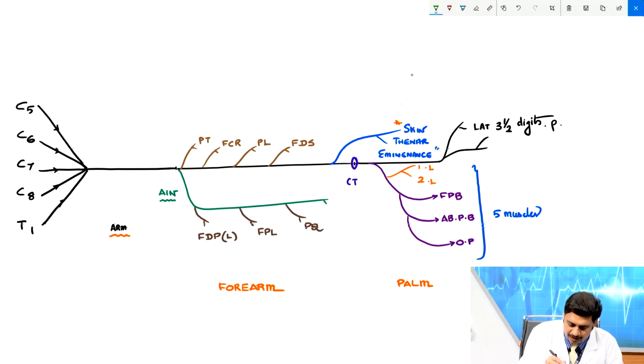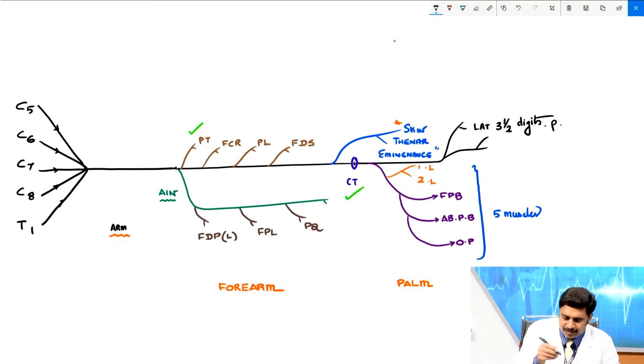When you look at the course, one is here, where it passes between the two heads of pronator teres, which can result in what is called pronator syndrome, the median nerve getting compressed by the pronator teres muscle. That is number 1. Number 2, I told you in the course, if you remember, it passes under the tendinous arch of flexor digitorum superficialis, where it can be compressed, though it is not a common site. The most common site, what I told you, is